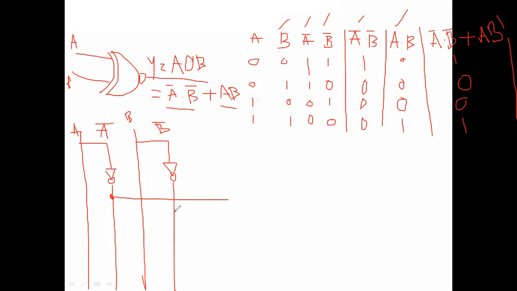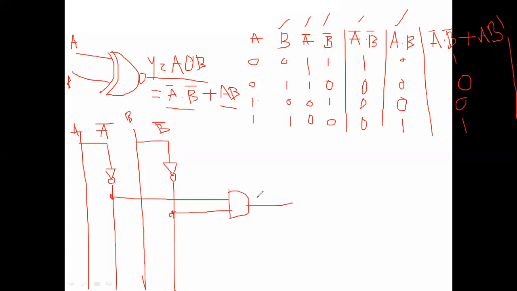A bar. From where we are taking, at that place we are putting a dot. Highlight that place. So this is B bar. So A bar dot B bar. That means which gate is used? Dot is there. Which gate is used? AND gate. If you learn the gates, then this circuit is very easy to draw.